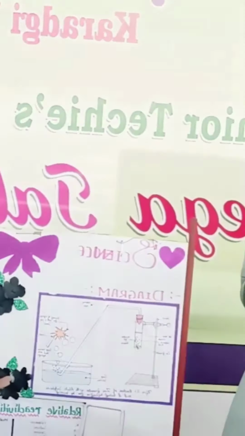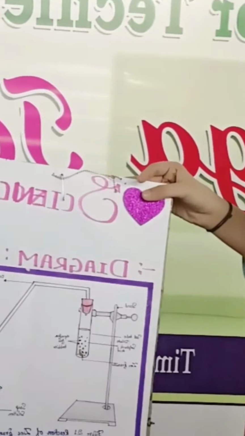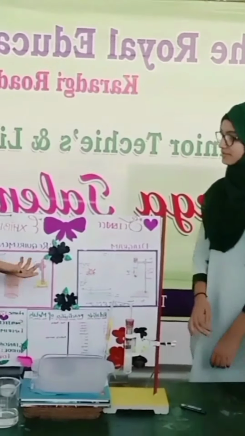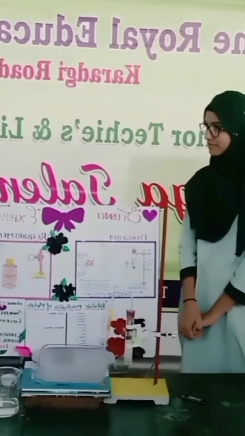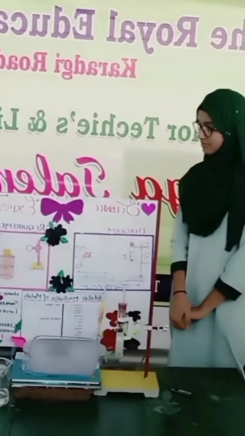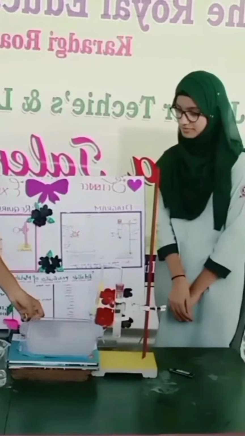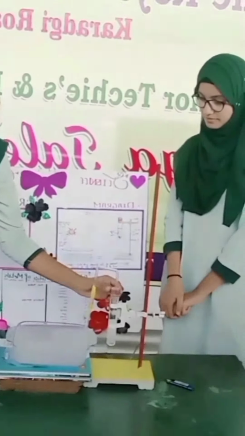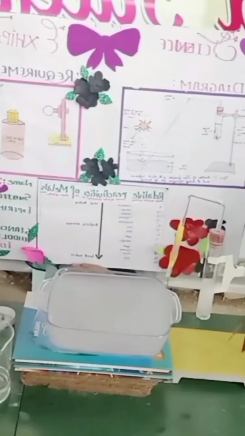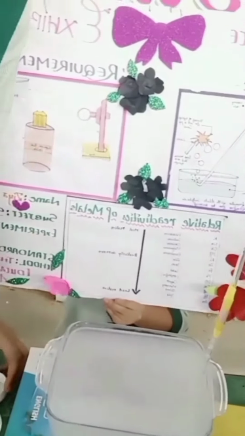You can see the experiment here. This is how our experiment looks. Our experiment is about the reaction of zinc granules with sulfuric acid and testing hydrogen by burning. Now I will show the requirements. This is the beaker, this is the delivery tube and this is the cork, this is the test tube, this is the stand, sulfuric acid and this is the hydrochloric acid. These are the zinc granules and these are the droppers.